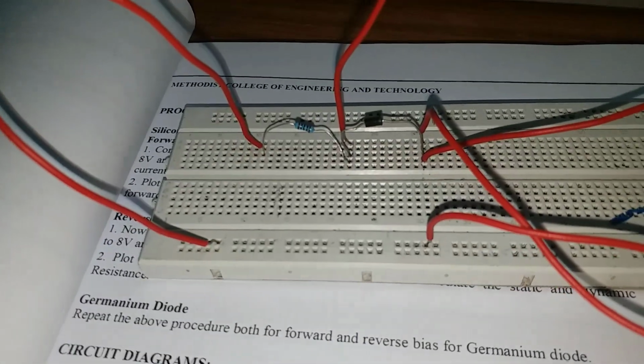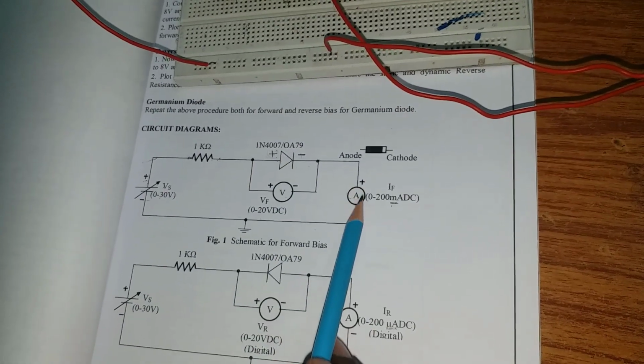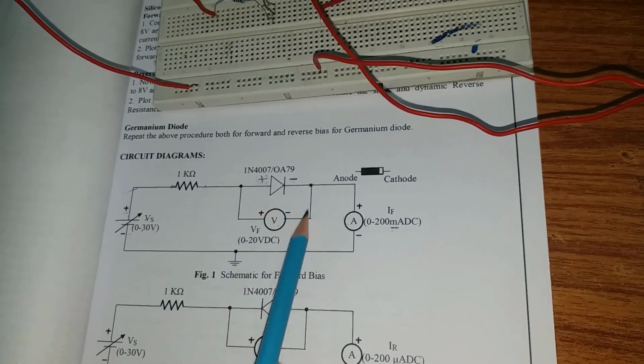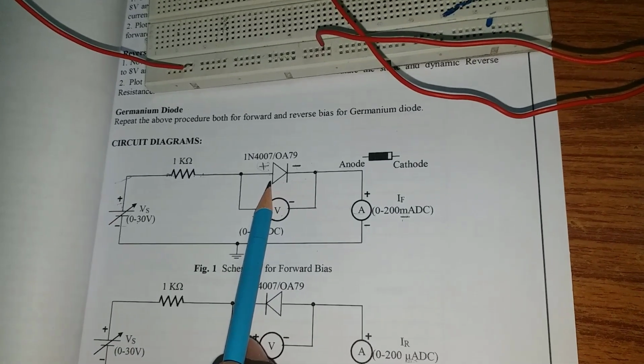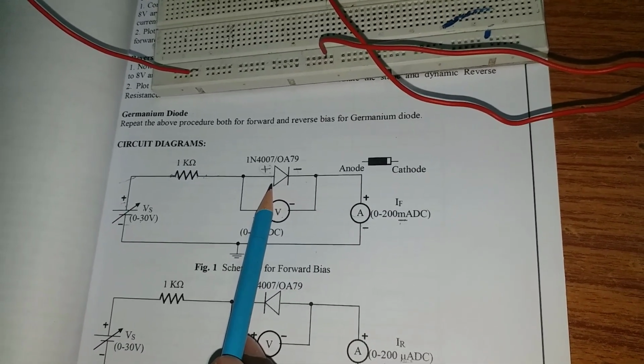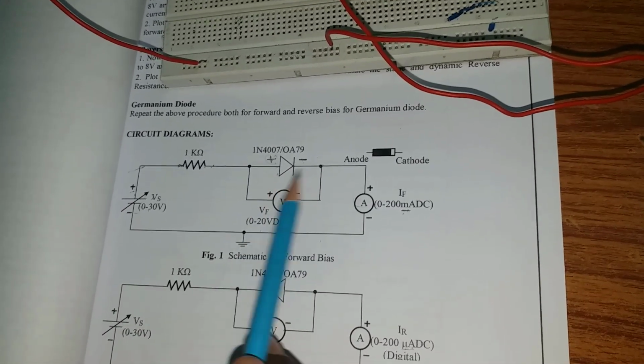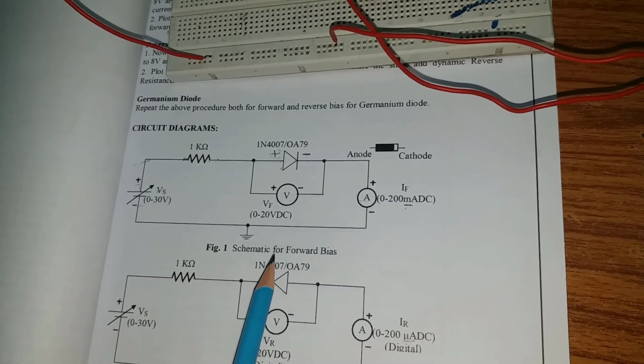Clear? So now this total connection is completed. So very simple. First you need to connect the outer loop. Then after that, this inner loop we are having, that is the voltmeter, is connected across this diode. So like this you need to give the connection. Once you understand this connection, it is very simple, so no need to worry about it.